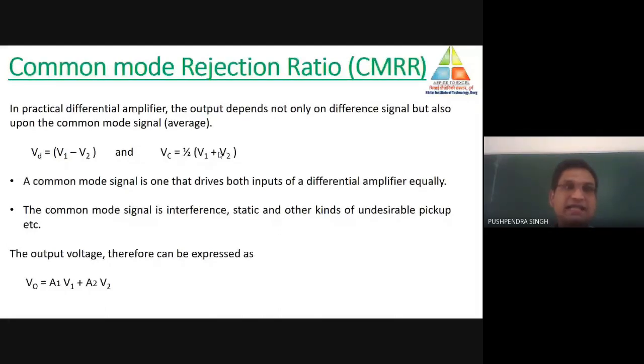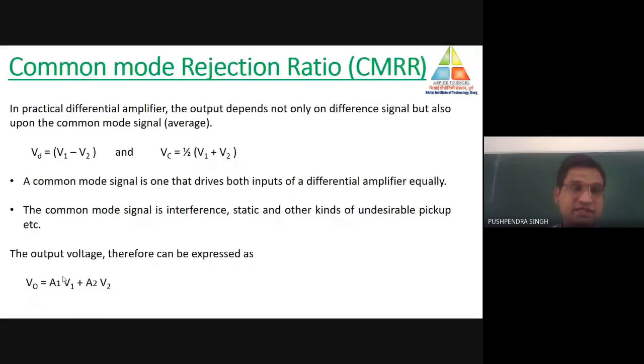So these are the two voltages present, depending on the availability of the input signal applied at the base terminal of transistor number 1 and 2. But suppose both the input terminals are connected with signal, that means we are applying the V1 signal as well as the V2 signal. Then the complete output voltage will be the addition of the total output voltage generated due to the V1 source plus the total output voltage generated due to the V2 source. Therefore, the complete expression of the output will be A1 V1 plus A2 V2. So this is the value of the complete output.